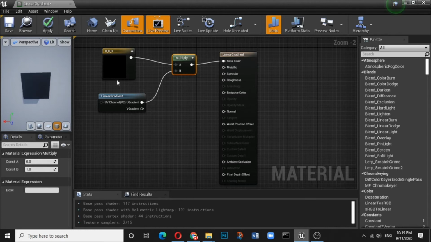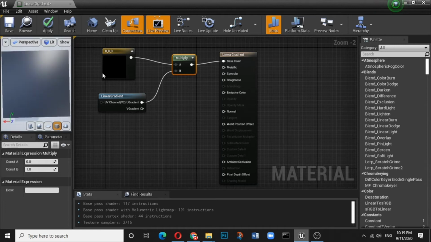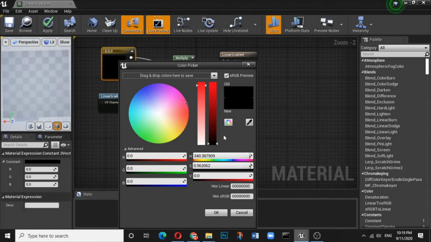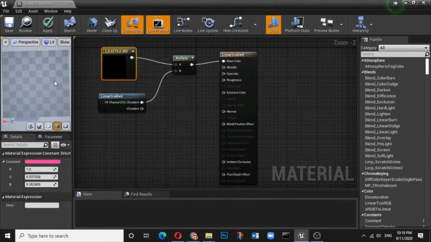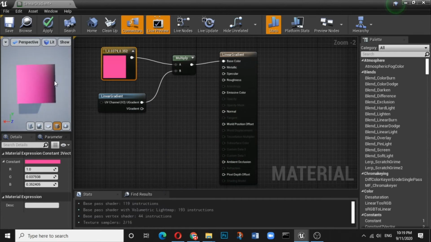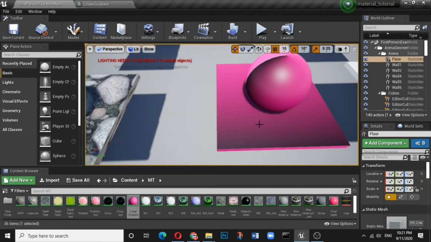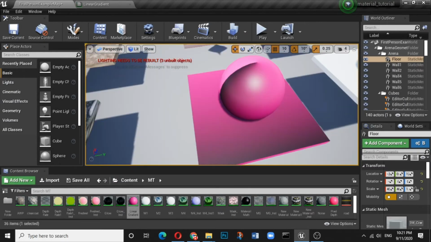We will add a color, in the sense that instead of a white and black gradient, instead of white, whatever color we have selected will appear, and here it is on the mesh after you apply it.